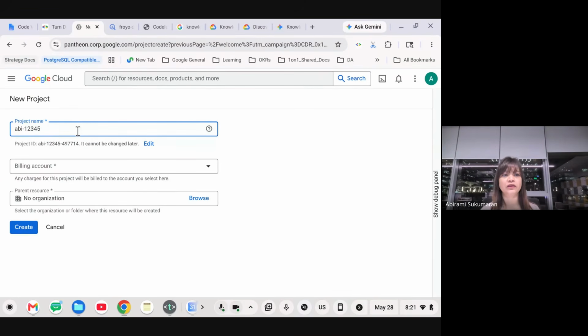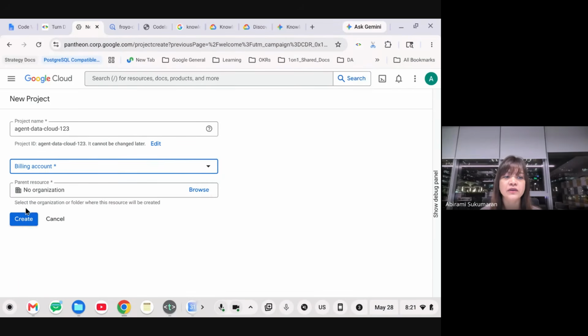So right here, it still does attach something on its own to the end. Anyway, let's say this is my project name for today, or I'll just say Agent Data Cloud or something like that. 1, 2, 3, it doesn't add any extra numerical value to the end, so it's fine. Something like this, unique, and billing account. Typically, you should be able to leave it free without choosing anything. And then since I have active billing accounts, it is showing this for me.